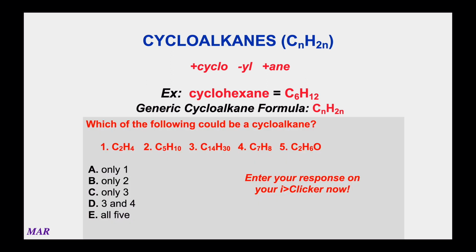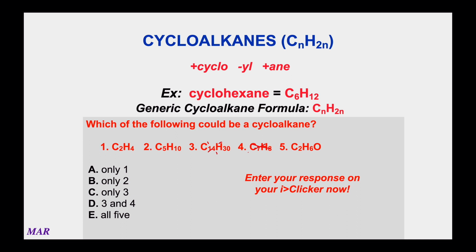So going back to the list we saw earlier, which of the following could be a cycloalkane? And again, the goal here is to find formula combinations where for every n carbons, you see 2n hydrogens. So again, number 3, which was the answer for the previous problem, would not work here, because if you had 14 carbons and it was a cycloalkane, you'd expect to have twice that number, or 28 hydrogens. 30 hydrogens is too many, so that's not going to fly. And C7H8 doesn't have enough of anything, so that's not going to happen.